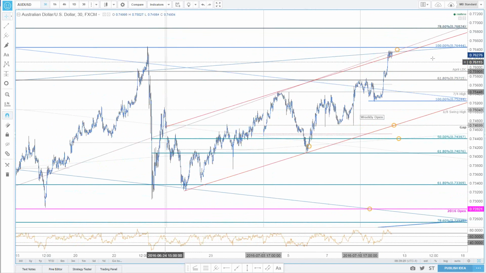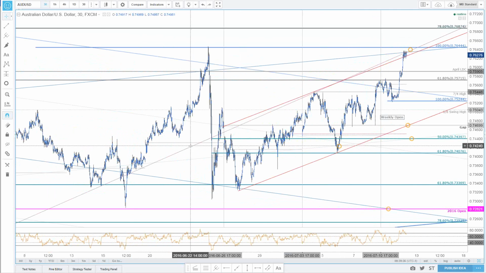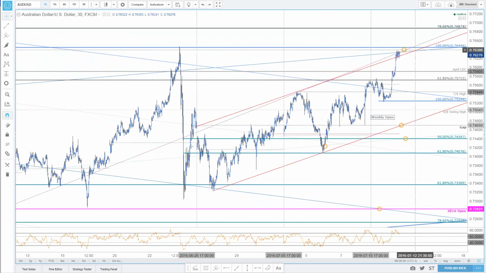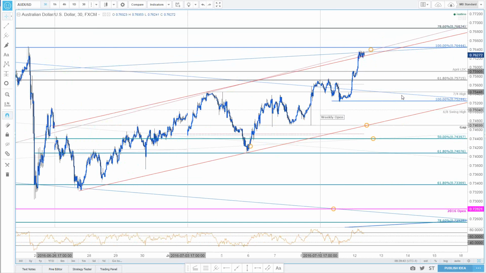76.44, like I said, not only matches the highs that we made previously for June, but also that 100% extension off the lows. You have slope as well coming right into that region. So I do think you're at risk near term for a little bit more of a setback. As far as support is concerned now,